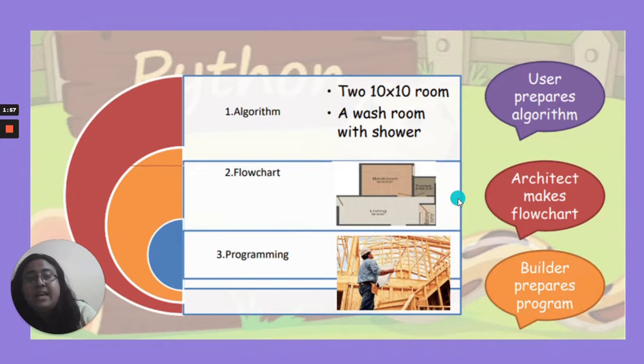Try to relate everything you do in maths or whatever application you get: why to write that program and how to write that program. Even if you forget the programming lines, try to write the steps. Suppose I tell you product of three numbers. As I say three numbers, you understand three numbers will be the input. Step 1, input. Step 2, calculate. Step 3, print out. Step 4 will be end. So these steps are what we call an algorithm.